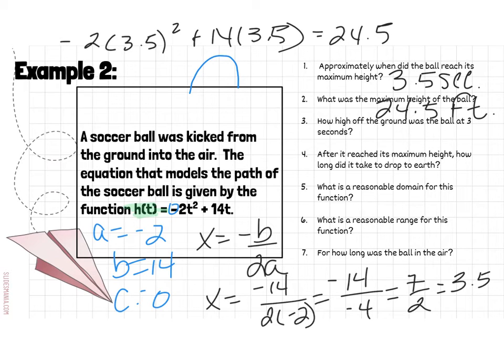How high off the ground was the ball at 3 seconds? Well, it has to be less than 24.5, right? Because 3.5 was 24.5. So now I'm just going to take this 3 and put it in here instead of 3.5. So I'm going to have negative 2 times 3 squared plus 14 times 3. And that is going to give me, let's see, negative 2 times 9, negative 18, and 14 times 3 is 42, minus 18, 24. Okay, so 24 feet